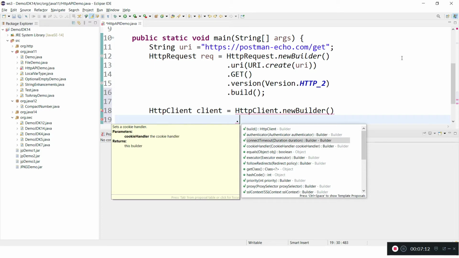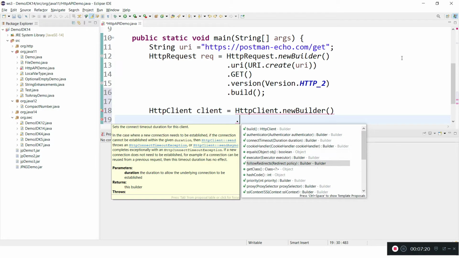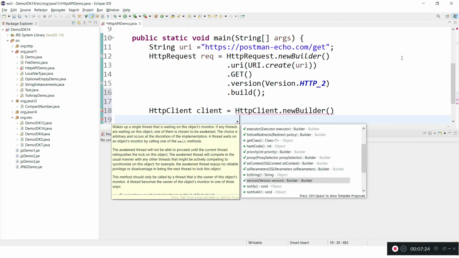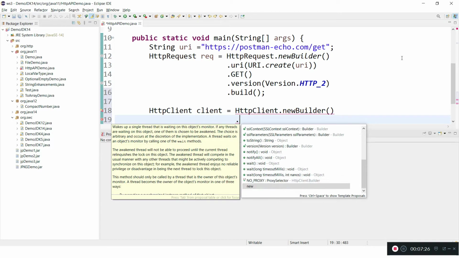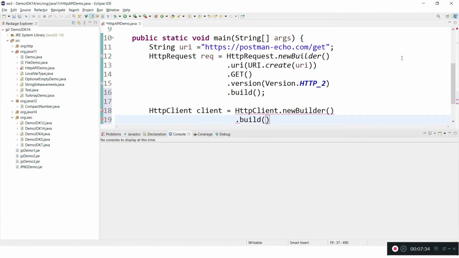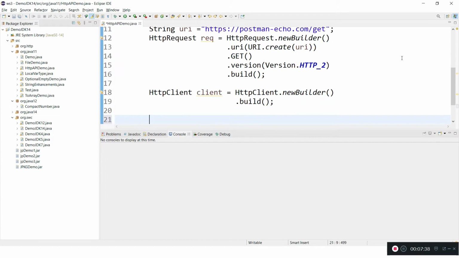We can set the authentication, we can set the cookies if you want, and we can set the connection timeout, and proxy also we can set, SSL we can set, and version. But we are just fine. We can create a client simply like this. Now we got the client.